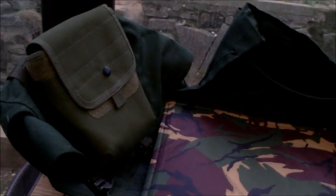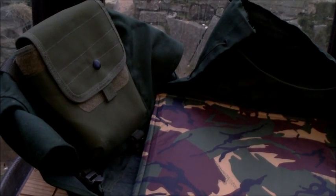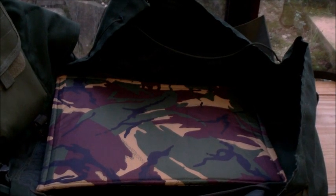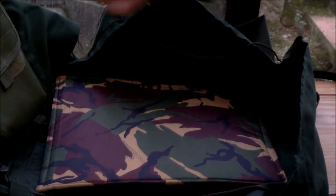And there we can see there's the actual front of the Bergen with the old pouch on there. Yeah, quite pleased I've decided not to put pouches on the front and the top, just put the strapping on there so I can add or delete the pouches as and when I want. So ladies and gents, both side pouches are on, the back sorted out, the lid and the top sorted out. All I'm going to do now is sort out a frame, if I'm going to keep the frame on there,